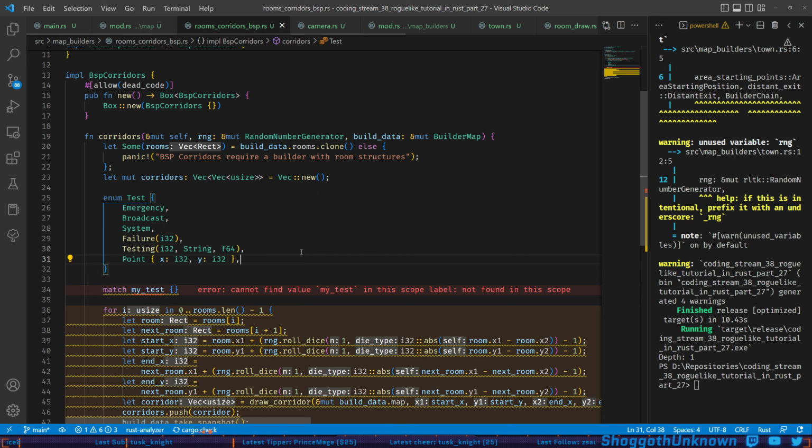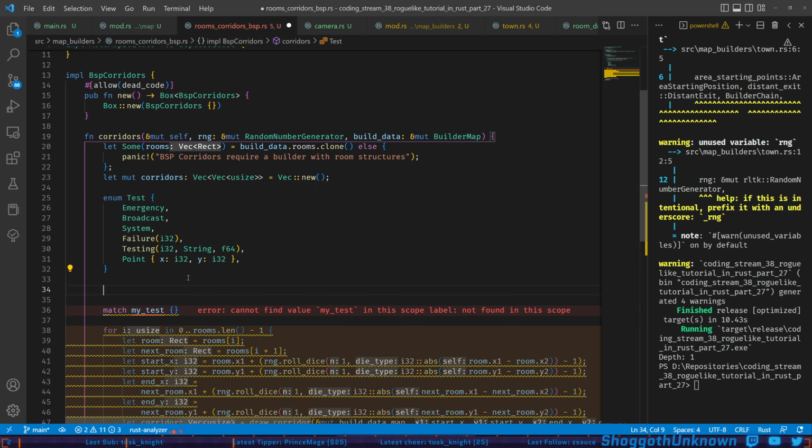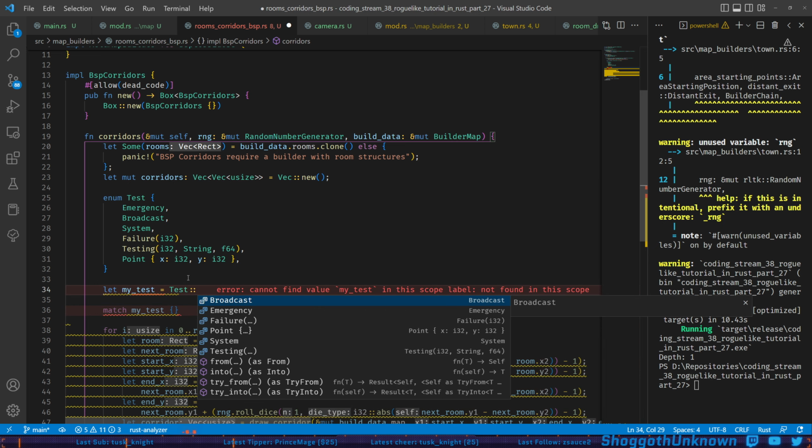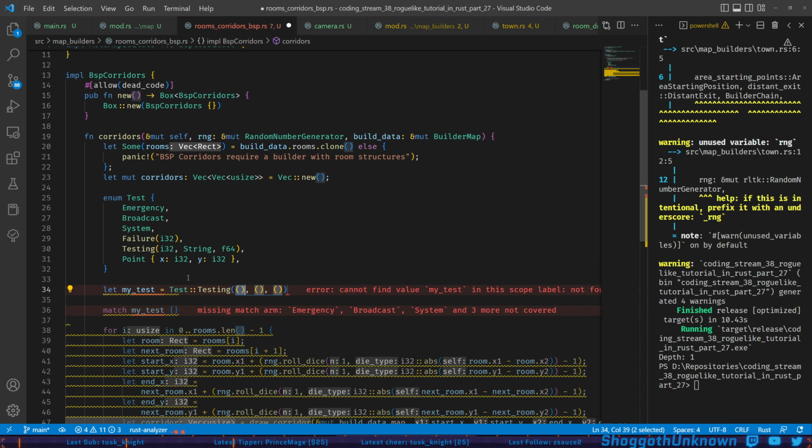That's an enum for you. An enum here in Rust can have data all through it. Testing now needs 3 values: 12, testing.to_string,